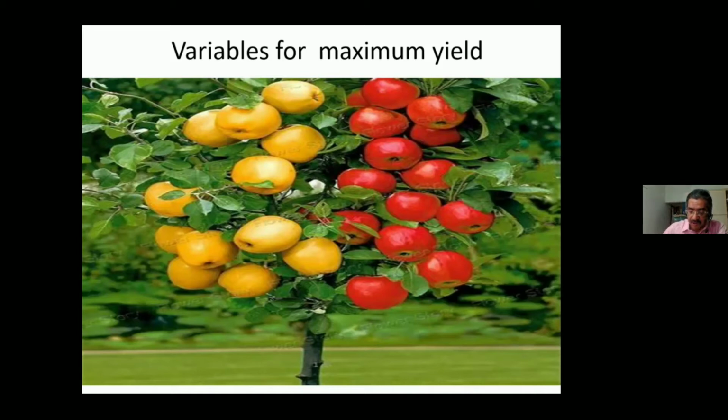Next one is the wind. Now we are in the month of March. If you go around, you will find a lot of mango trees with a lot of flowers right now, or small fruits. Tender mangoes have come up. But a good wind throws them all away. All the flowers are falling down, all the small fruits are falling down, so you don't get a yield at the end of it. So wind is an important factor, temperature is an important factor, humidity is an important factor. So now we have seen about 9 of them.